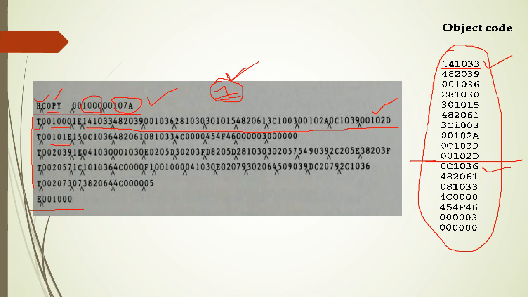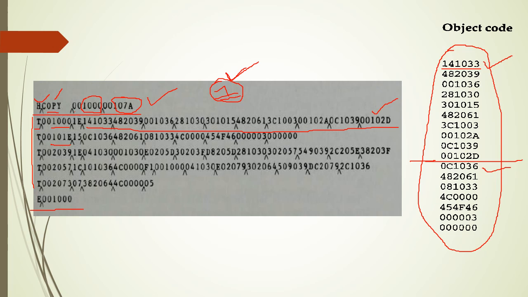The given program will have 3 functions. So this is the part of the first function. In that we have already transferred, or already written, 10 instructions to an object program. How many instructions are remaining? 1 2 3 4 5 6 7. So 7 instructions you have to store.